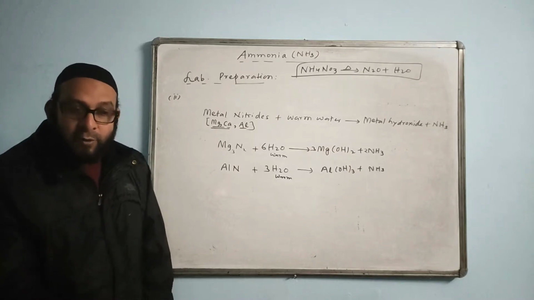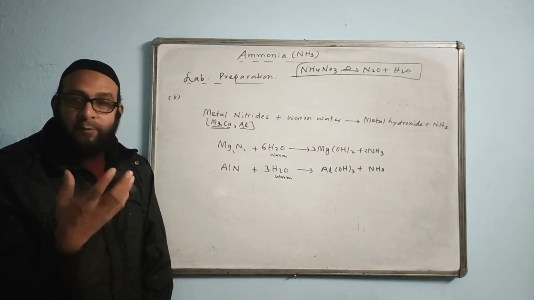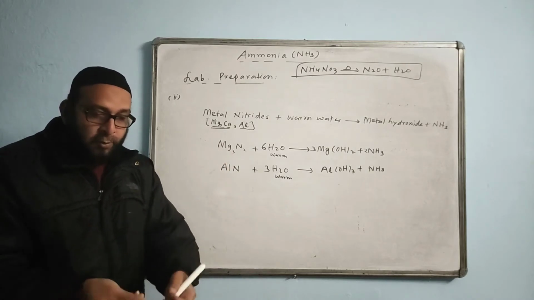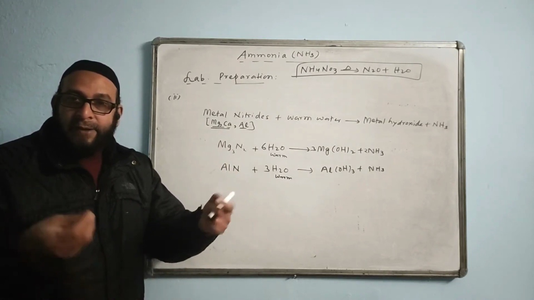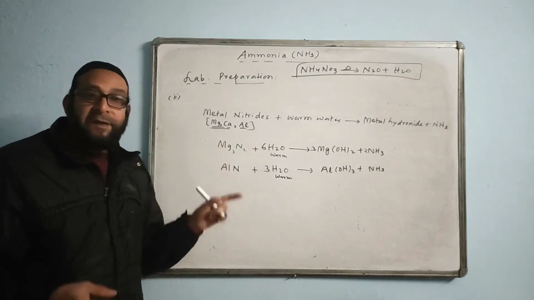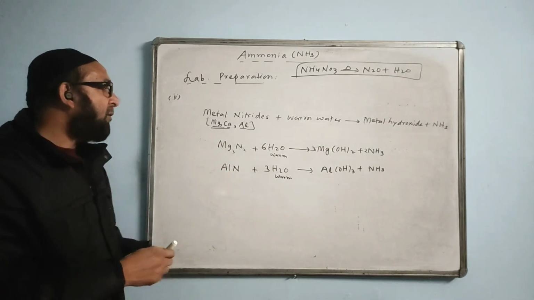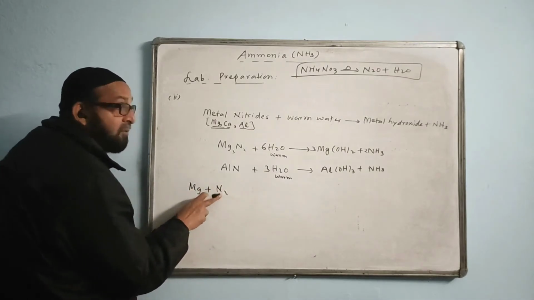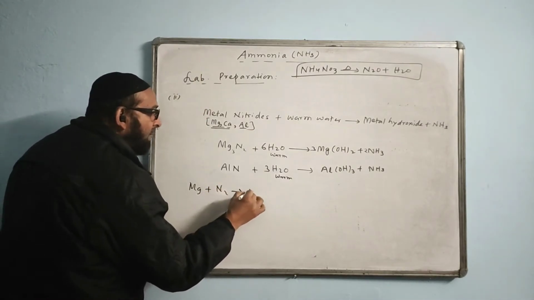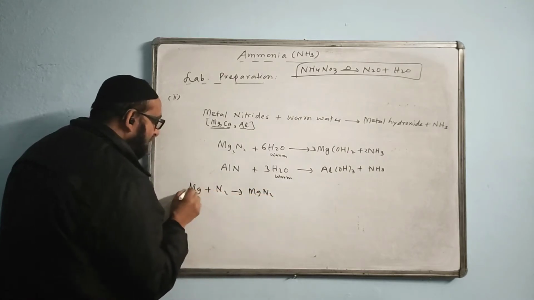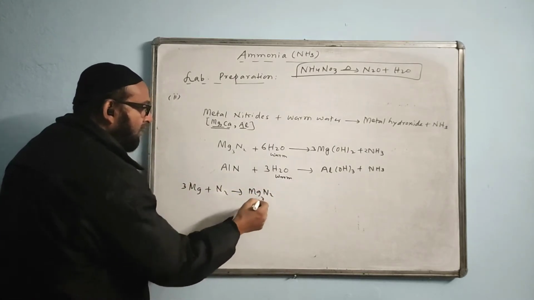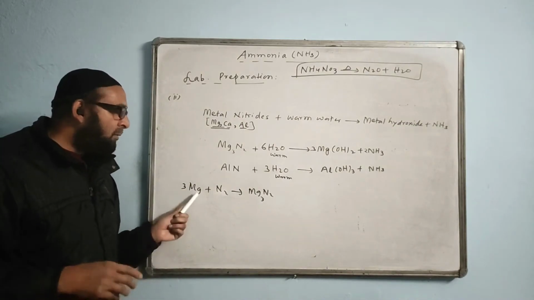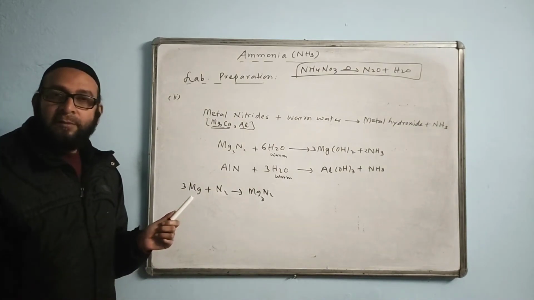And in fireworks also, when you do that anar or when you burst it, when you put them on fire, they also produce dazzling white light. White light you get. That is because magnesium is burning. Actually, a reaction takes place. Magnesium burns in nitrogen. Nitrogen comes from the air, and it will form magnesium nitride, Mg3N2. The actual reaction is this. This reaction is not important, that's why I did not give it.